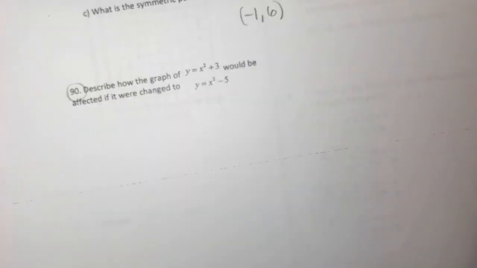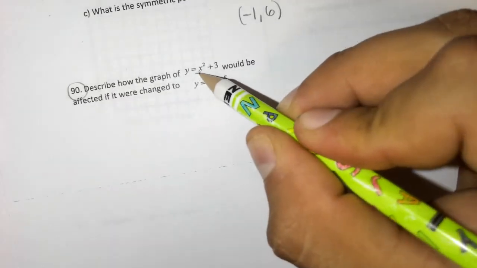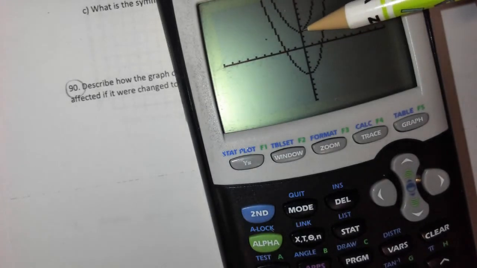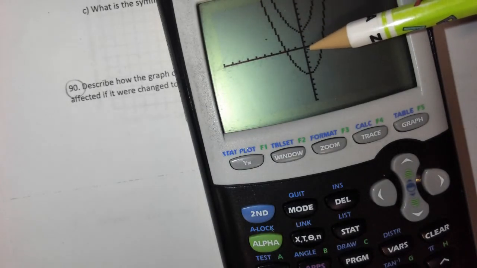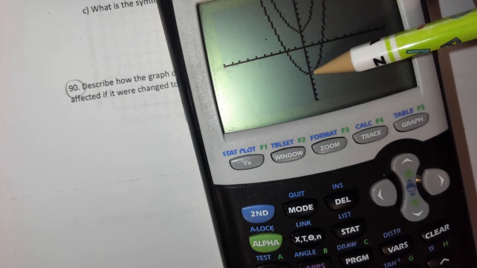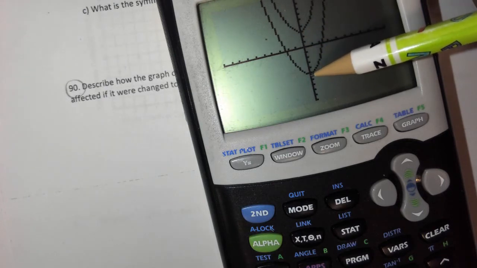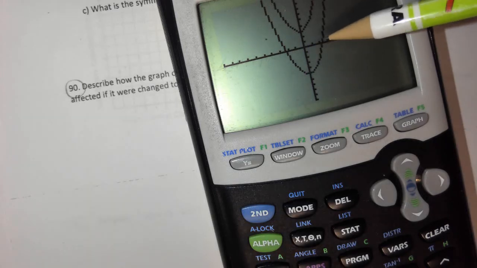So remember that parabolas don't necessarily get bigger. They just simply get lower, especially if we're not changing our coefficient or our number in front of x squared. So if I'm not changing the thing in front of there, one might appear a little bit bigger, but that's just because we see a little bit more of it. Really what I see is that one of them we have our y-intercept at 3. For the other one we have our y-intercept at -5. So really all that's happening is I'm taking that parabola and I'm pulling it down to that point right there. So it looks like we're going down